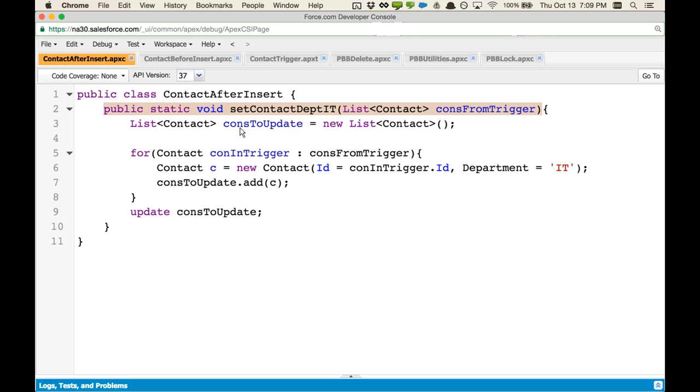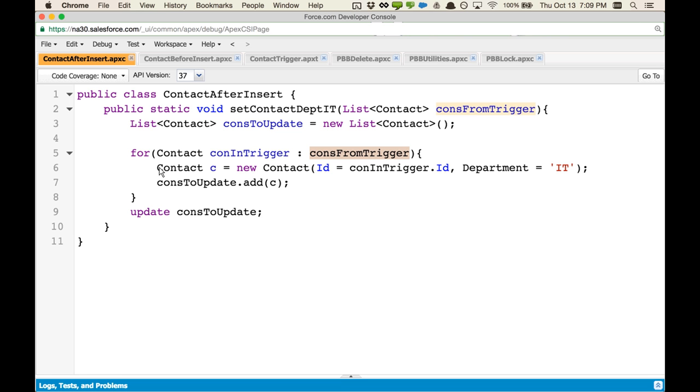And then in this particular class, we follow a common pattern that we use for doing updates to records. We first set ourselves up with an empty list where we're going to park any contacts that we want to update. Then we go into our loop, and we do a loop on contacts, giving them a variable name of con_in_trigger for each of the contacts that we get from that list of contacts. And when I highlight that variable name, you can see that it also does it up there, so we know all the places that we reference that. As we loop through all of our contacts in this trigger,